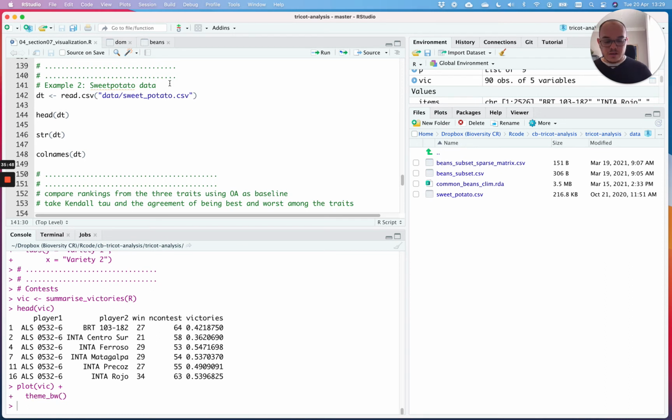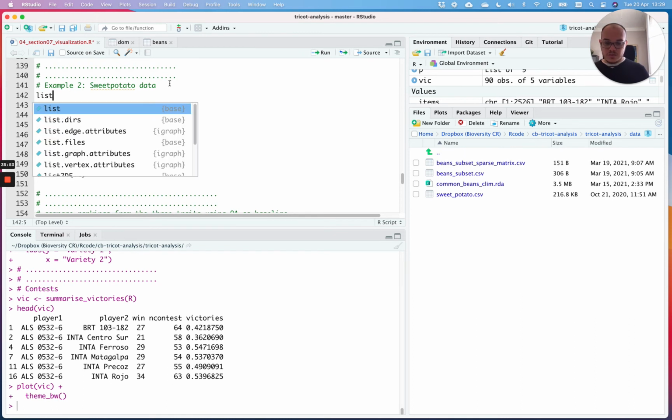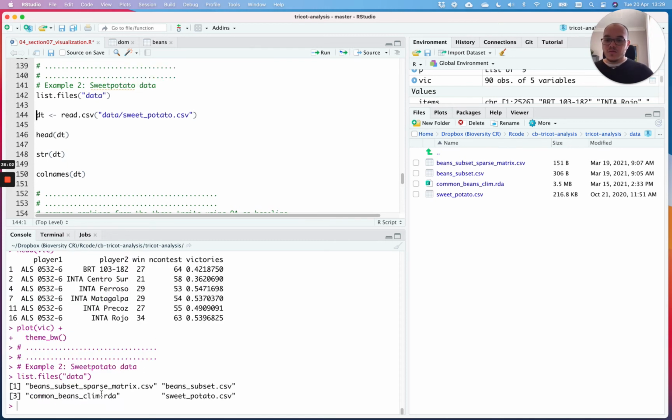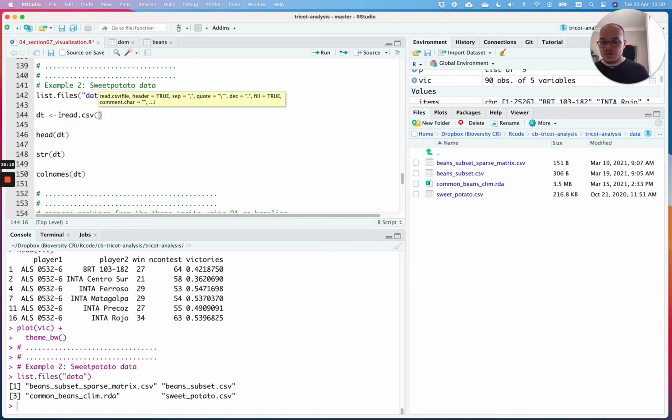We can also check the availability of the data with this function, for example, list files, and then we want to see the list of files in the folder data, and then we can see there are 4 files. In my case, there are 4 files, and one of those is this one, sweet potato CSV. I copy it, and I'm going to use the function called read CSV. So read CSV, the upper comma data sweet potato CSV, and I will call it DT,